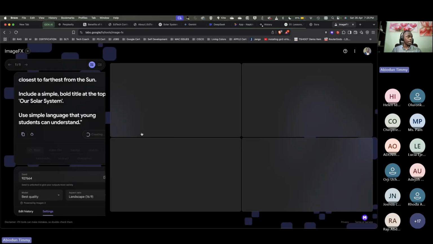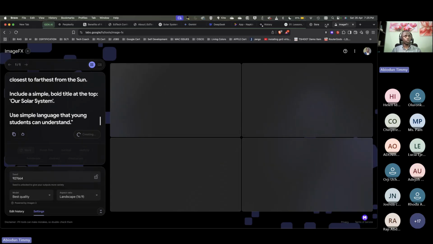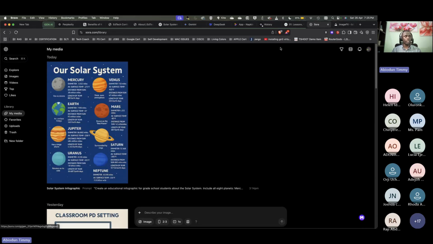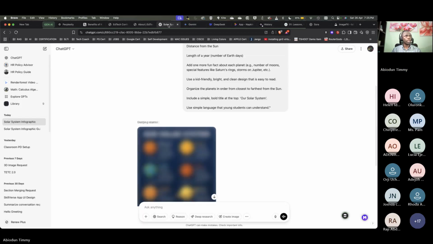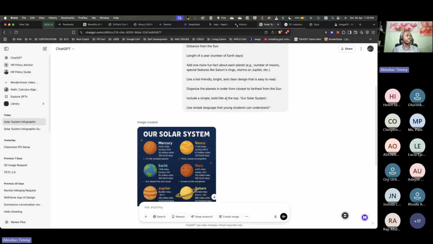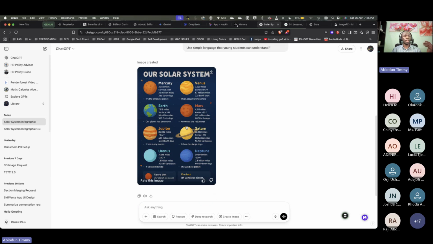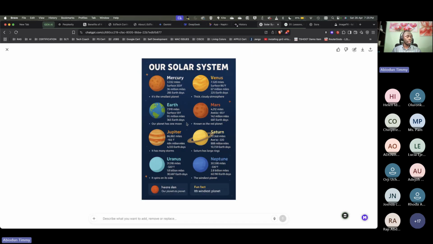So I'm going to create from here. Let's go back to Sora. You already see what Sora created. Let's see what ChatGPT created for us. Solar system. So this is ChatGPT. You can see that ChatGPT's creation and